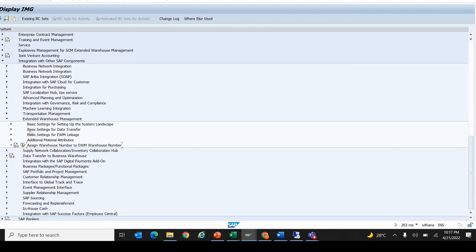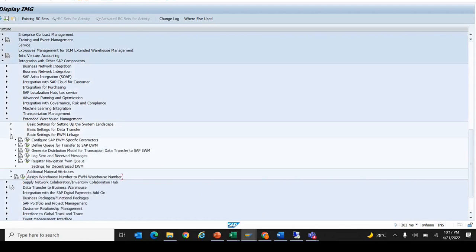Now we are not supposed to go into these basic settings for the data transfer, because that is already taken care of under the EWM embedded system. Everything is in one place, so this data transfer will be done automatically. When we were talking about the classical decentralized, then we would have to do related configurations for this data transfer and other things. But we are not going into this because we have the embedded one. So keep this node off only, then come to this third node,